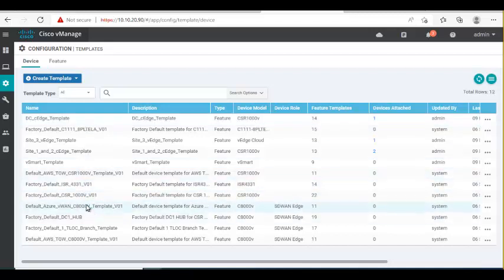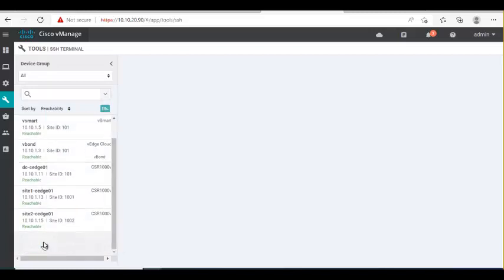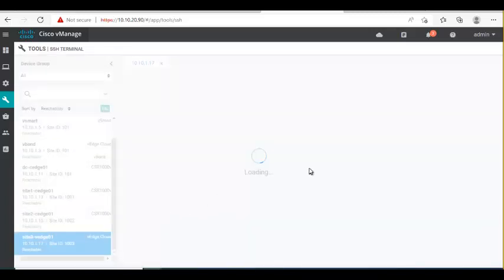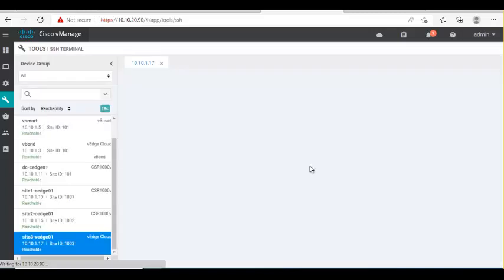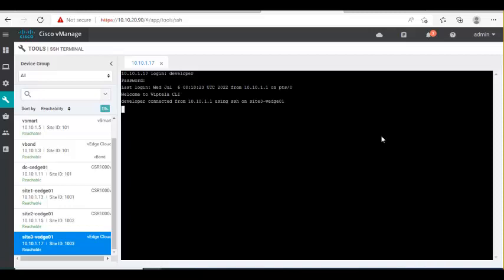So what is the use of this template? I just want to show you the template that was used in that VPN 0. You see, when I SSH to this device, you saw a lot of things, right? Mapped under VPN 0. Let me log in. Developer DV. You see,